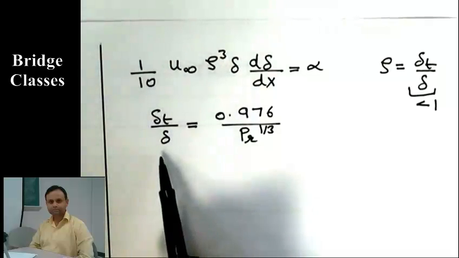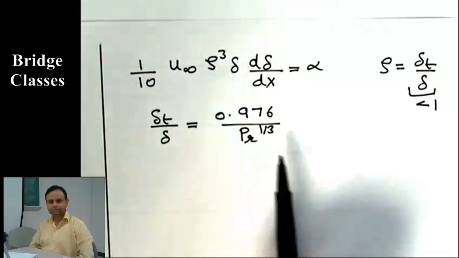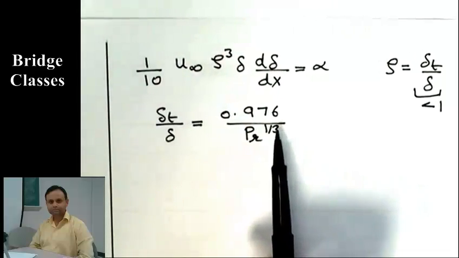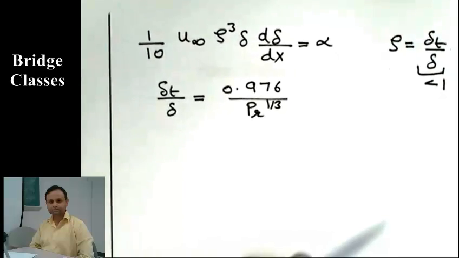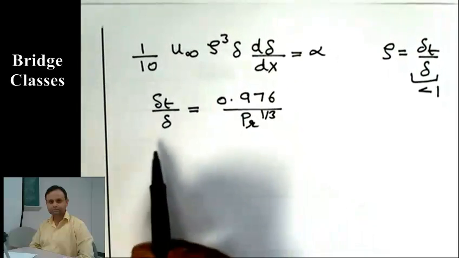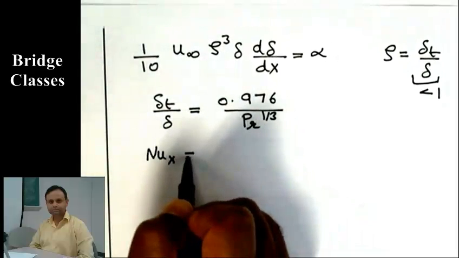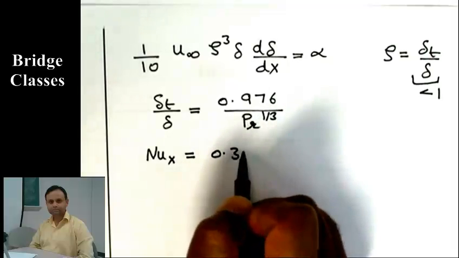Now compare this with the exact solution from Blasius. That was the same thing. Instead of 0.976, that was 1. The answer is very close. And you also get the convection coefficient from this, or in terms of Nusselt number, you get Nusselt number is 0.33,